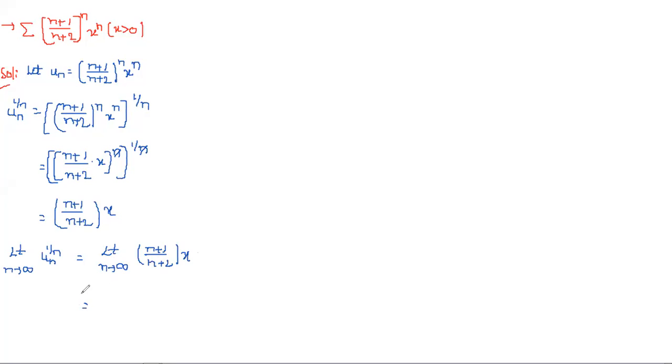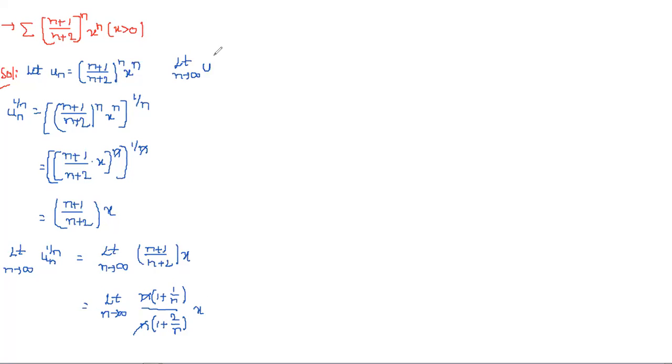So for that, simply simplify this as the limit as n tends to infinity, taking n as common from the numerator. After taking it common, what do we get? n into (1 plus 1 by n). And here also the same thing, (1 plus 2 by n) into x. Here the n and n both will cancel. Now you can apply the limit in place of n as infinity.